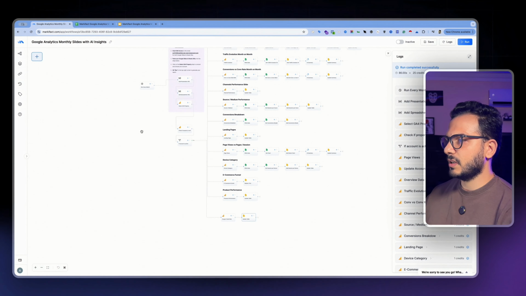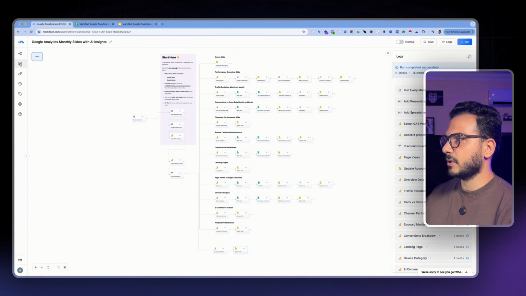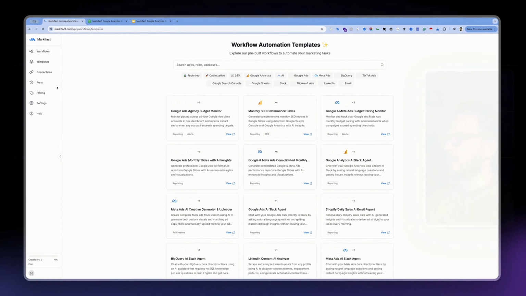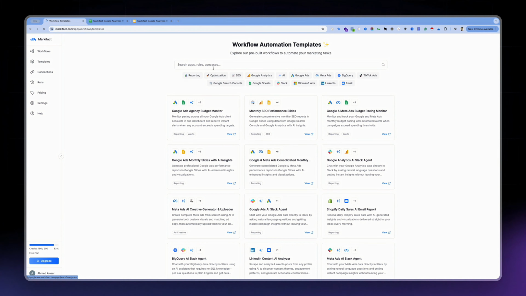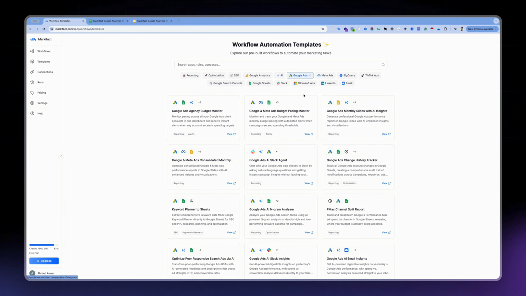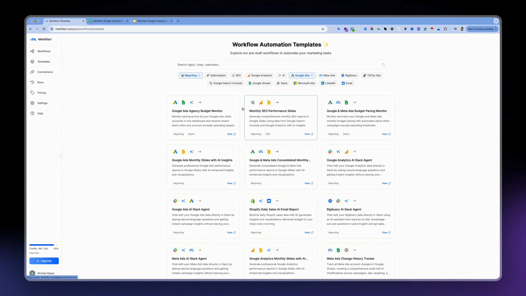And let's actually go back to the Markifact interface before we wrap it up and go to the template section. So if you go to the template section, you can search for any automation that you would like, whether it's for reporting or AI Slack agents or any other. But let's this time use these filters. So let's use the Google Ads filter and add the reporting one as well. So two filters. So there is that Google Ads agency budget monitor, monthly SEO performance, Google Ads and Meta Ads budget pacing monitor. You can use any of these, but let's use this one, Google Ads monthly slides with AI insights,